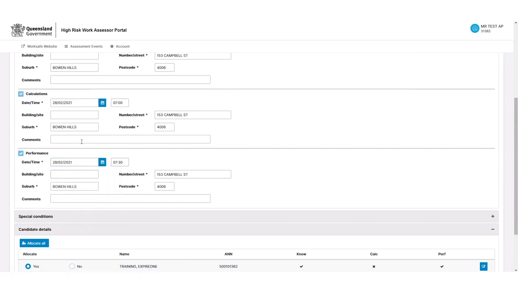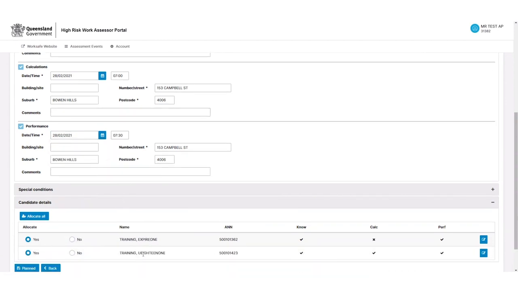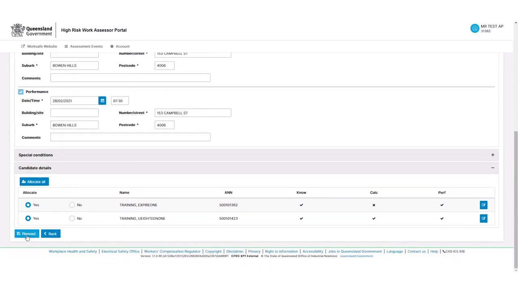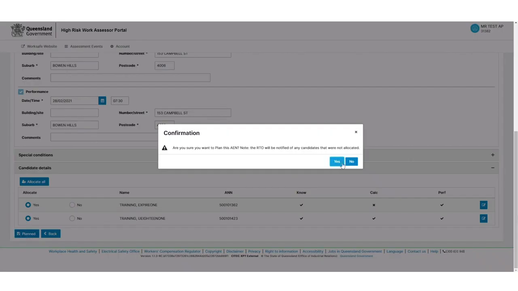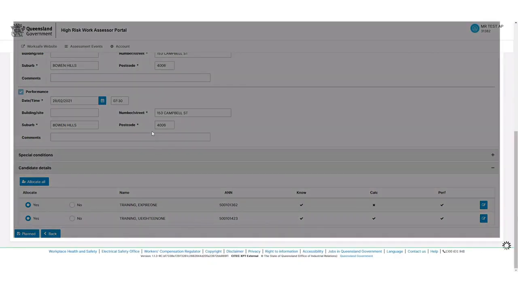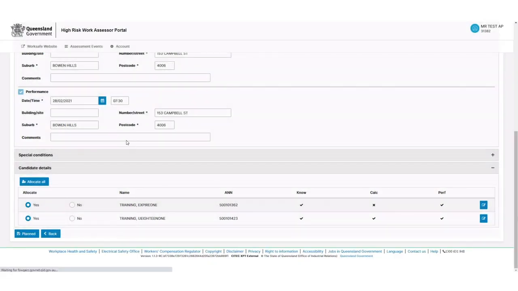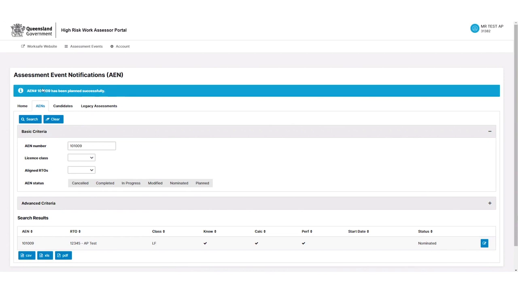We now have a date that's compatible with both the expiring candidate and the under 18 candidate. So now we can go ahead and hit the plan button. Once we do, we'll receive a notification that that has been planned successfully.